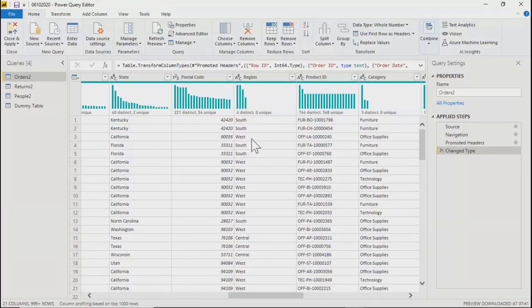I'll apply this parameter on this particular region field. The idea behind it is that this also works as a filter, but only for developers in Power BI Desktop. It doesn't work on your Power BI web service. And another thing is you need to set it up at the data source level or the data level.